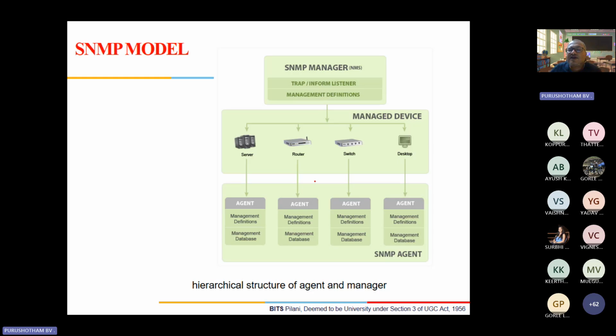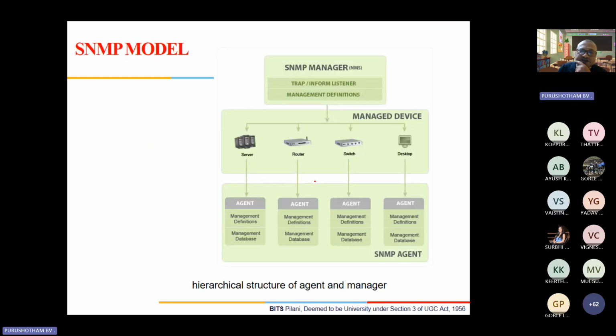So then management definitions, different managed devices. For each of those managed devices, there is an agent, and management definitions and a management database will be there for each of the devices. Overall there will be an agent layer, and this agent layer will communicate with the SNMP manager through the agents which are associated with each network element.